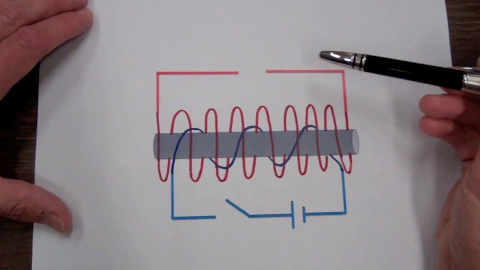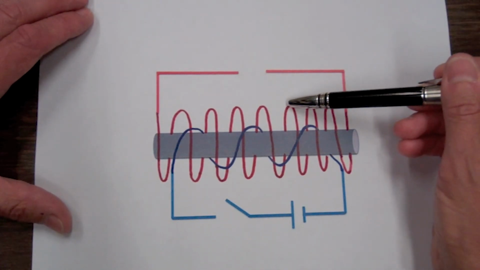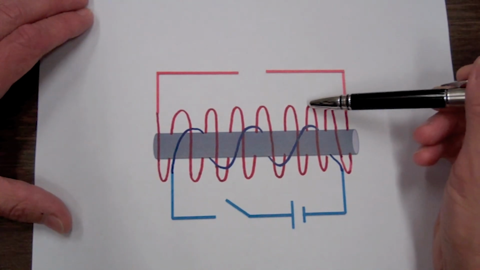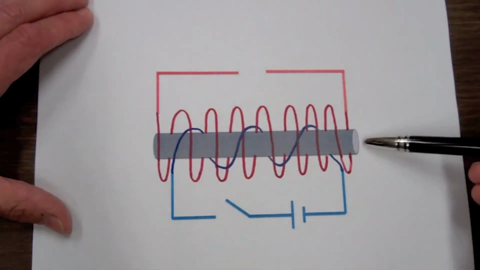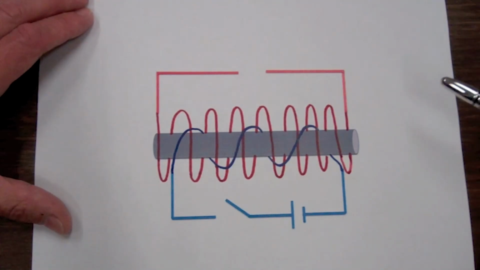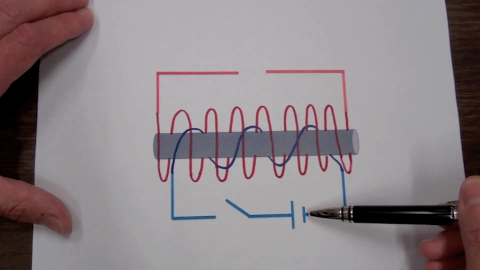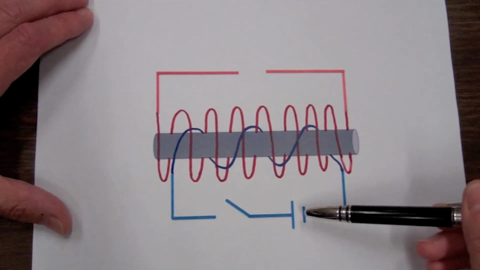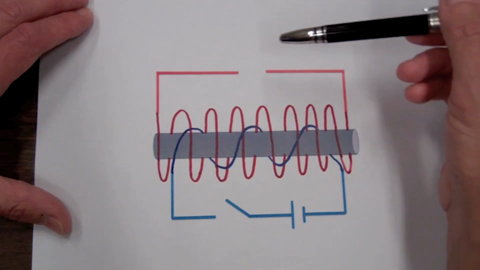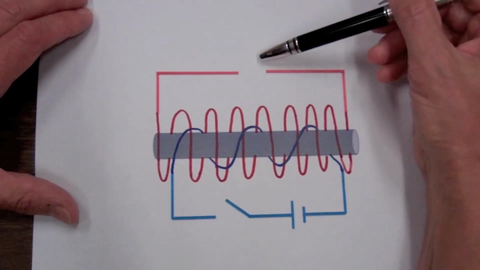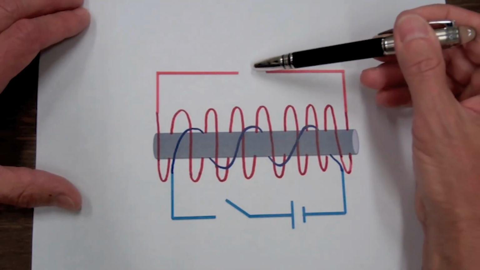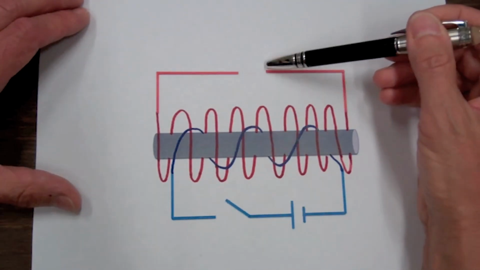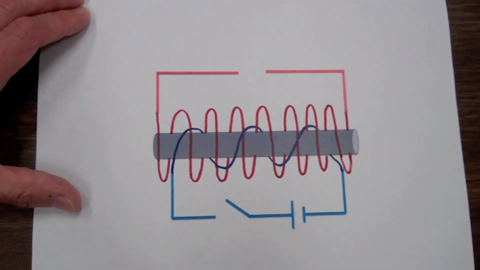So the change in flux linkage with respect to time associated with the secondary is the number of turns of the secondary times the change in magnetic flux with respect to time because of the opening of the switch in the primary. So in this way, we can take a low DC bias, in the case of your automobile, that would be the 12-volt battery, and generate voltages on the order of 10 to 20,000 volts, which is large enough to get a spark across this gap, igniting the fuel mixture in your car.